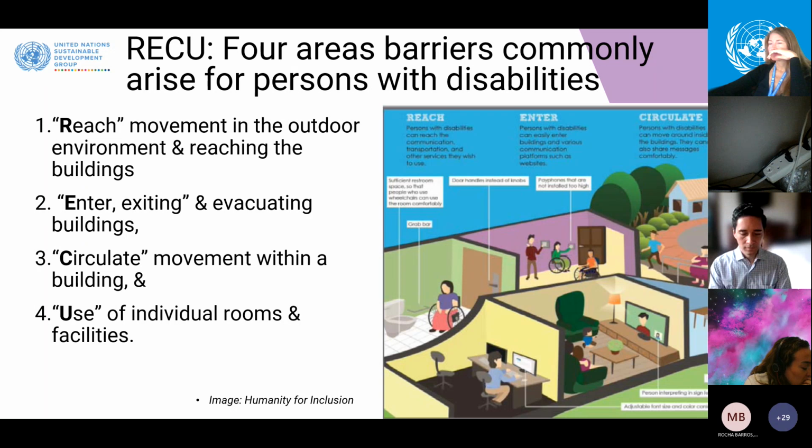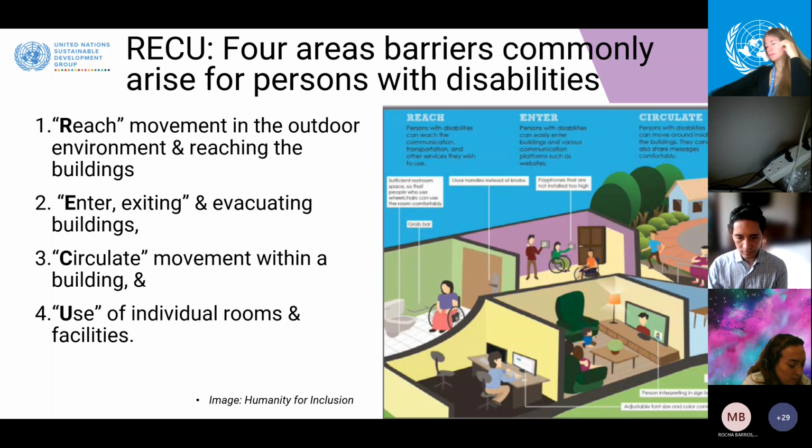So, for instance, as I was saying at the beginning of the presentation, you have to look at the surrounding environment and make sure that other businesses or other premises do not create barriers for persons who will be using your premises, and collaborate with them to free the outdoor and surrounding area of any clutter.